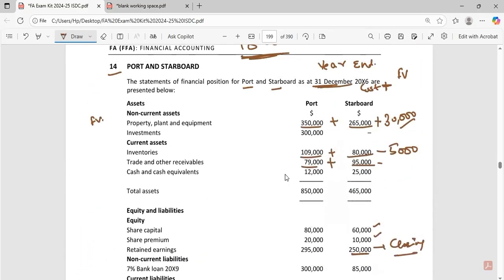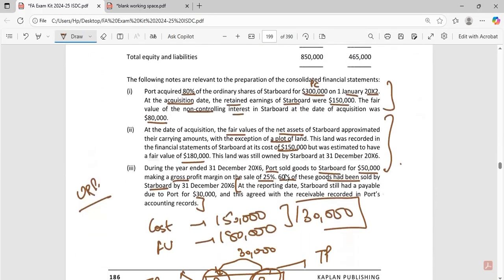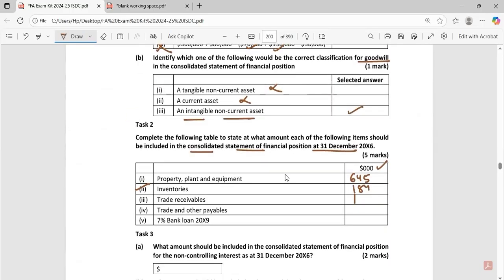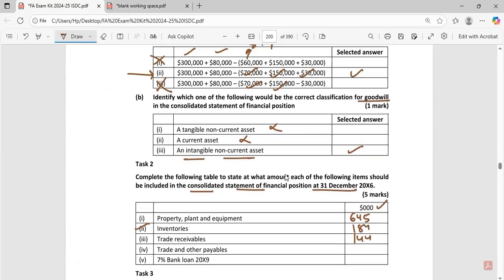So from here, I'm going to deduct 30,000, right? After doing this, my answer would be 1,44,000. So I'm going to write 144 over here, ignoring the 3 zeros. Fine. Similarly, for trade and other payables,